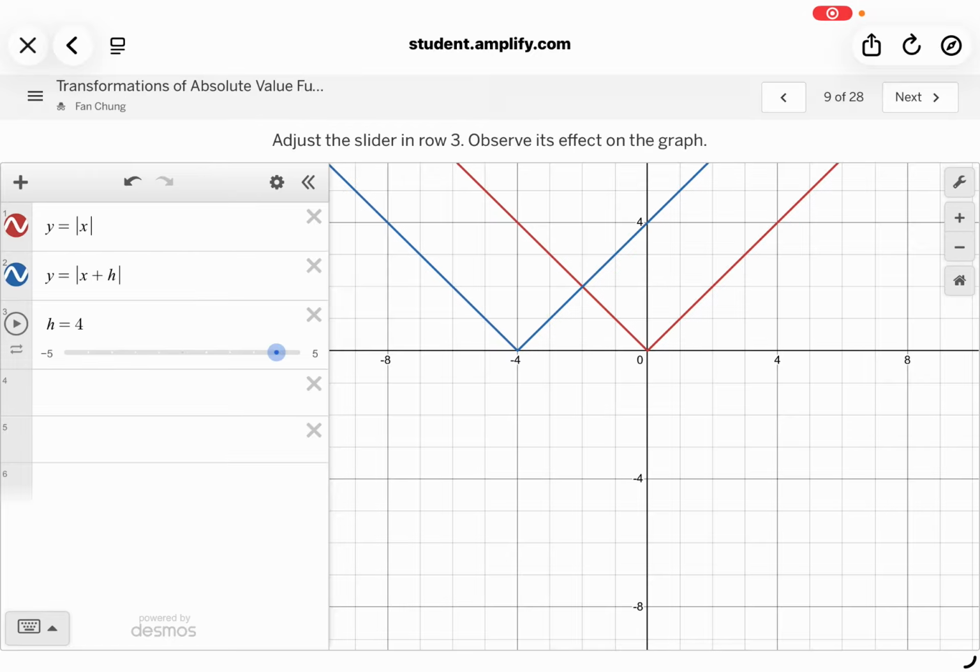So whenever we have this, if we look at this graph, you'll have to ignore my shoes, they're very squeaky